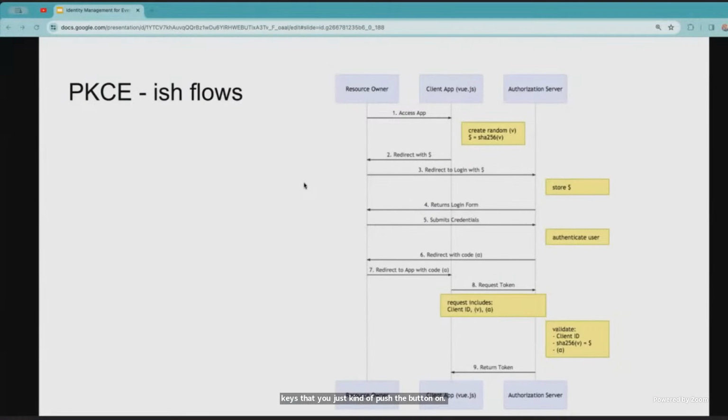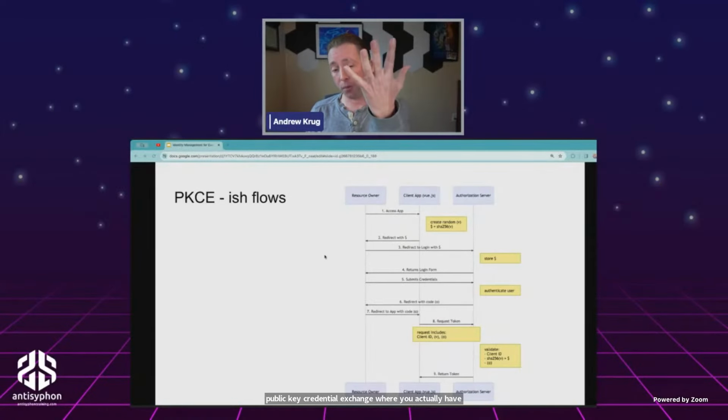And then on the command line, I think a lot of people don't realize that this is out there in every cloud. Every cloud provider actually has some way that they support a PKCE-ish flow. I call it PKCE-ish because it's based largely on the OAuth standard for public key credential exchange, where you have a command line tool that spins up a listener, and then it pops open a web browser. That web browser has a piece of JavaScript in it that calls back to that local listener and serializes a temporary token, kind of like a JWT, to the disk. That's only valid for the time that the administrator sets for it. And then if somebody does leak that credential, one, it doesn't live forever.